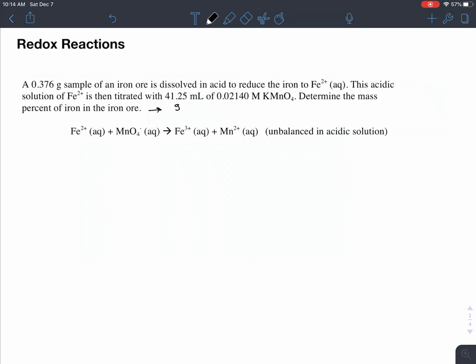So we want to know grams of iron 2+ over grams of iron ore times 100. Well, I have my grams of iron ore, but I don't have my mass of this. I am, however, given information of my potassium permanganate. So I know that I can always go from one to another using mole ratio, which means I have to